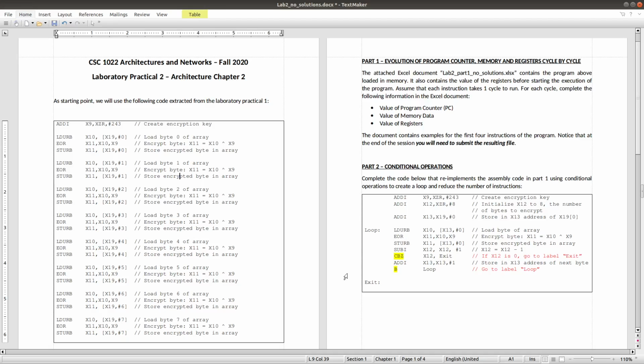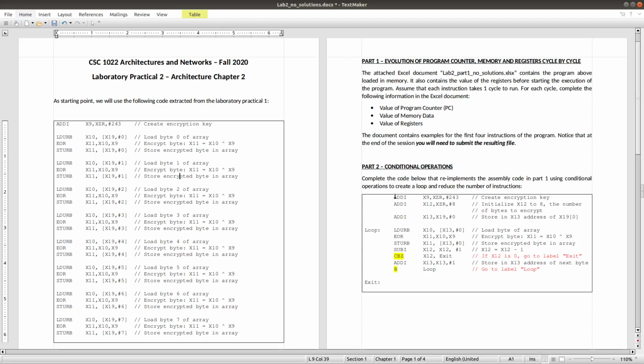Now I will extend our work in part 2 a little bit. We will compare the advantages and disadvantages between the code in part 2 and the code in part 1. We know that both codes do the same function: they encrypt 8 bytes of data in memory with a key, and then write back into memory.